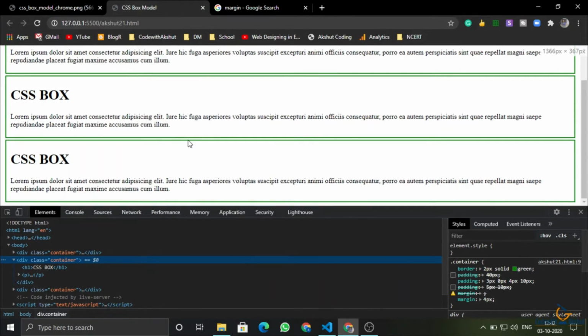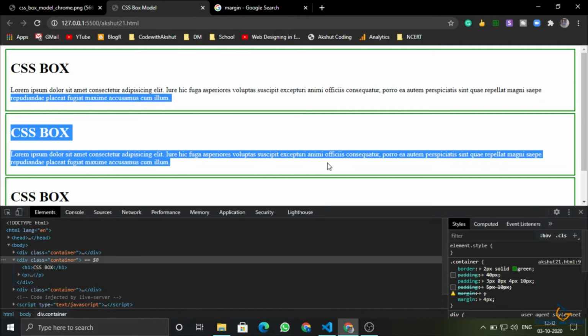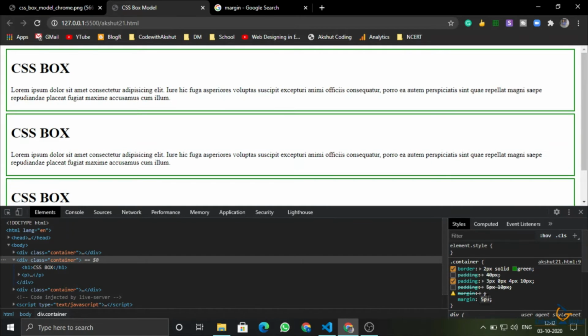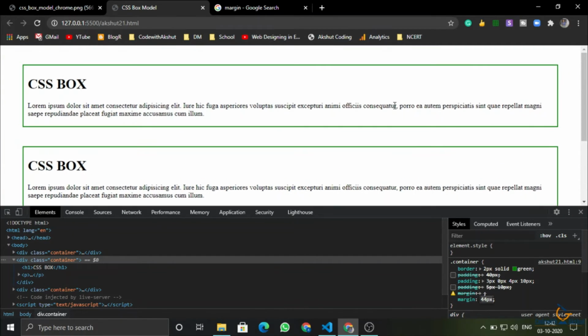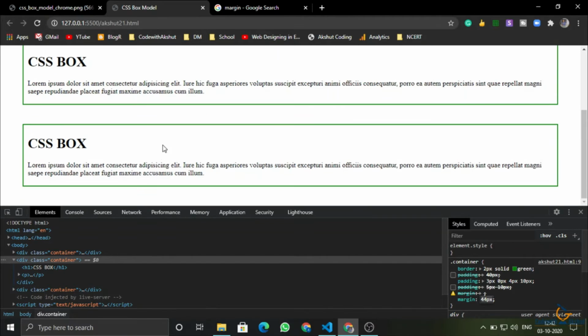I will do it full screen. This whole space is the gap with the parent. If I increase it, then there will be more gap with the parent. So this is our parent from left and right, this is our top and bottom.